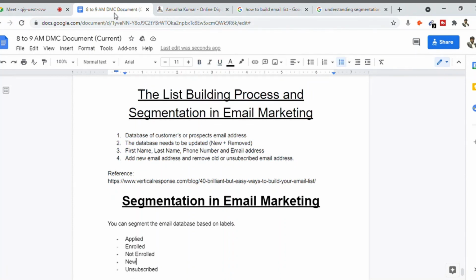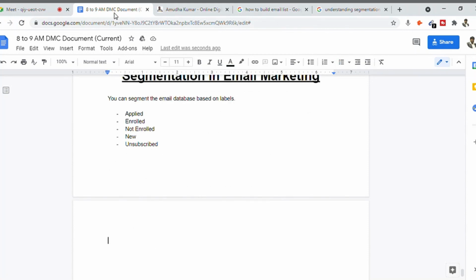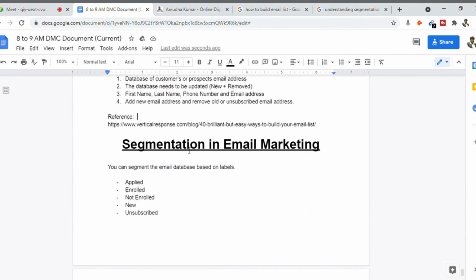Now you will be able to do these things practically only when you have a database. So there are a few things where I want you to go ahead and create a database of yourself by following any of these techniques. And I'll be sharing about sending email to your clients, the final step, using a client tool called MailChimp. We will be discussing those in the upcoming sessions.